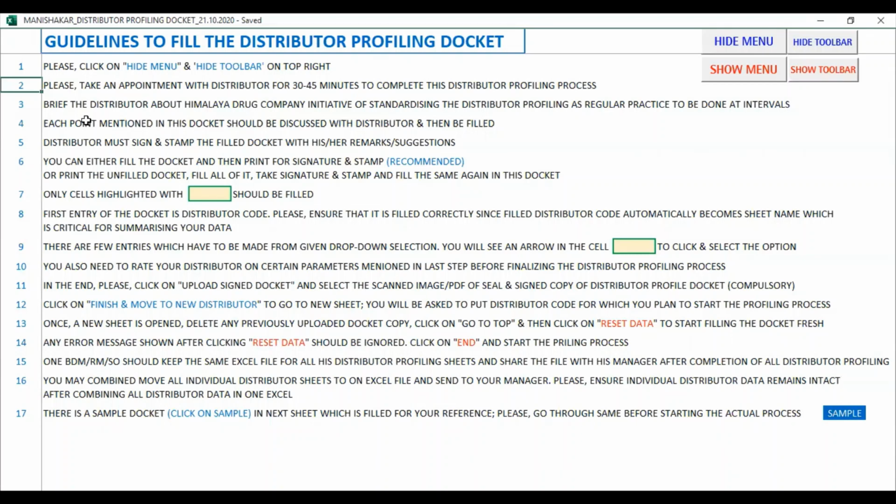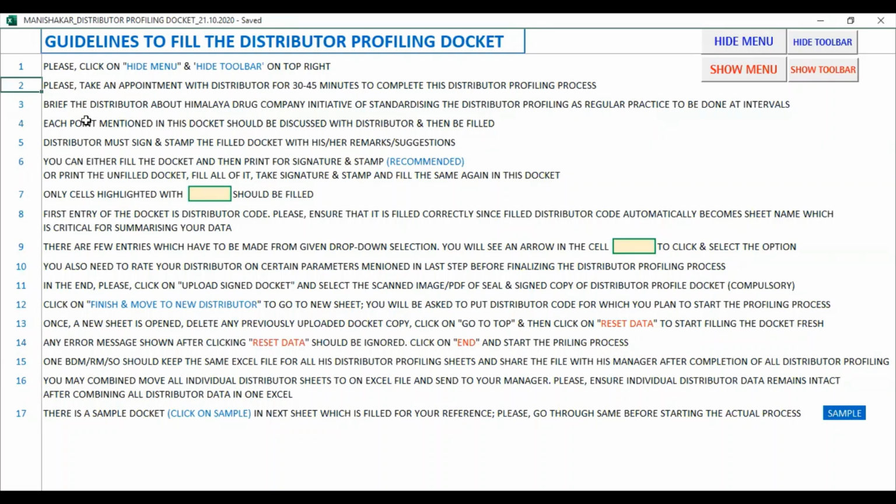It's very important that we take an appointment with the distributor, be it face-to-face, or you can have a Zoom call or Microsoft Teams call, but it has to be a discussion with the distributor. Only then should this docket be filled. No way is this docket to be filled by you alone.